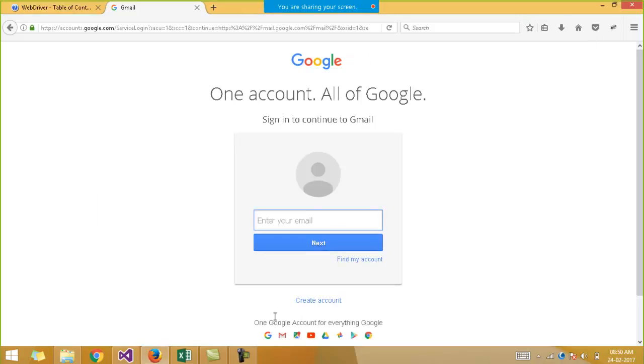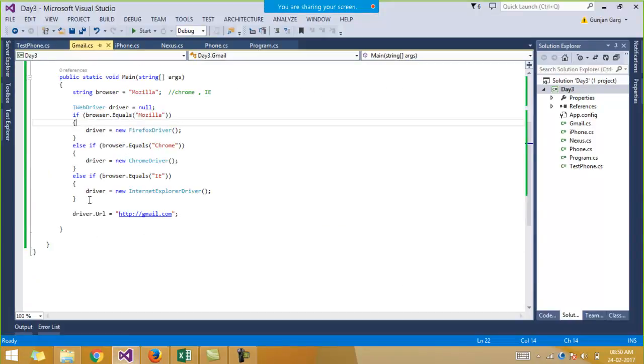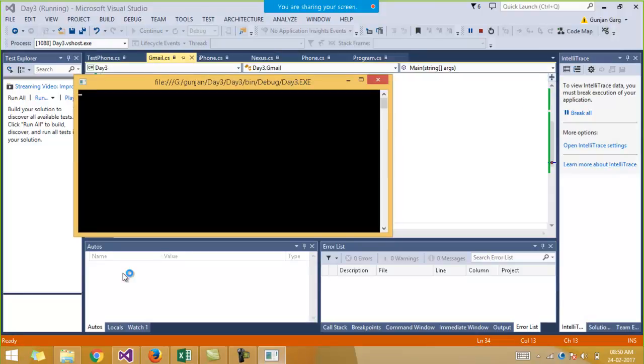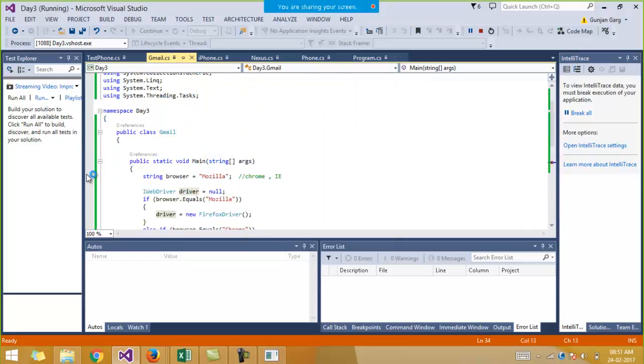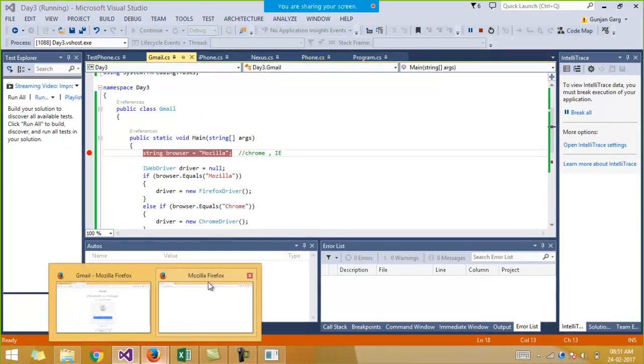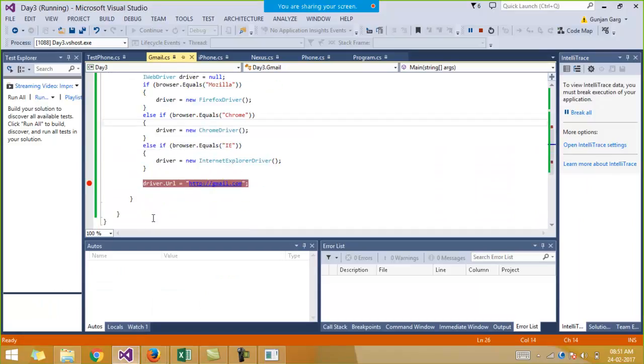Okay, hold on. If I debug this, it opens the Firefox browser and it's not debugging.